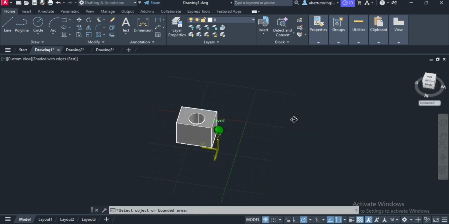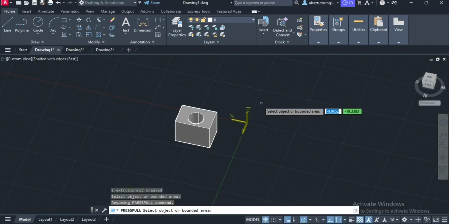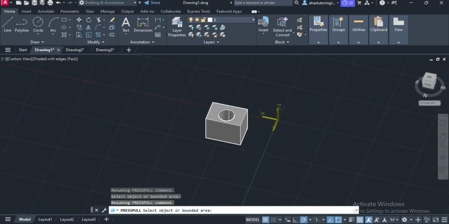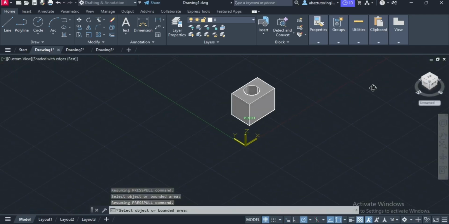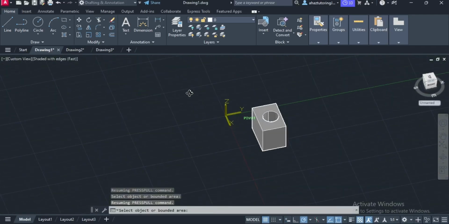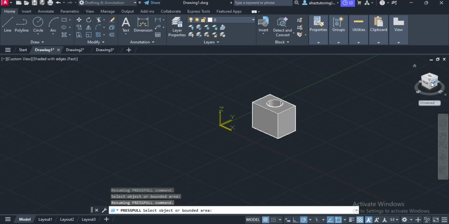and manufacturing drawings. It's also important to remember that presspull works best with fully closed boundaries. If the boundary is open or incomplete, AutoCAD may not recognize it as a valid region to modify. Professional CAD users frequently rely on presspull because it provides a fast and intuitive way to edit solids without requiring more advanced Boolean operations. To summarize, creating a hole in a solid object in AutoCAD begins by opening the 3D